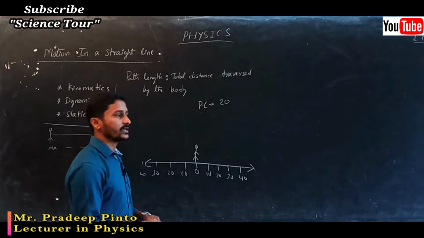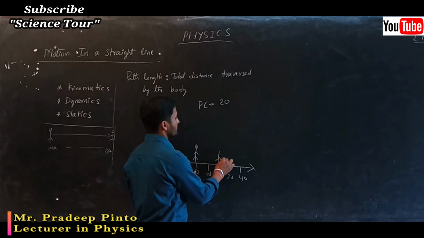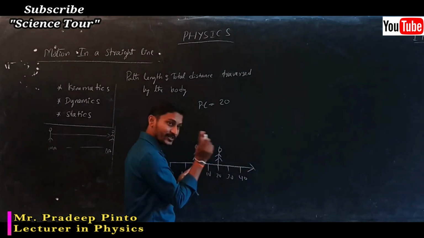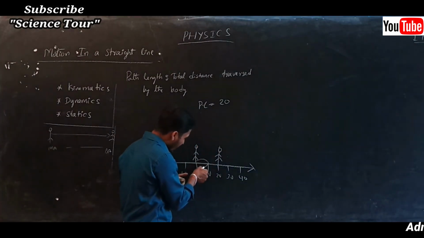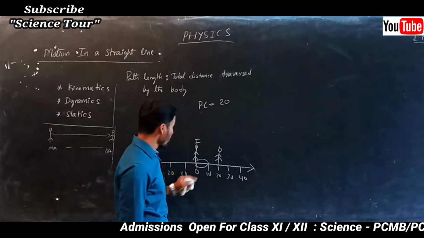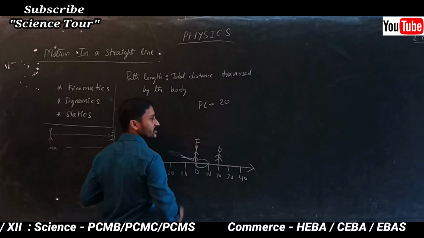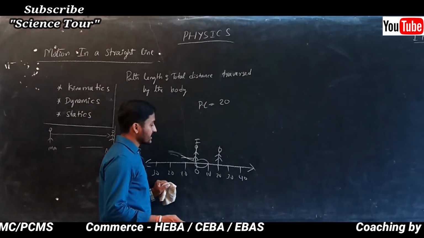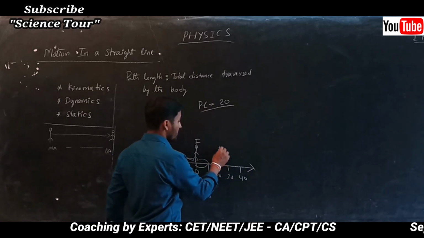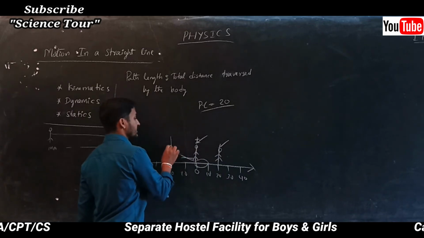Path length means what? It is the total distance, 20 meters. Now the object may be here. That is one. Is it only there? No, it is also possible that the object will go here and come back here. It is also possible that you go to this point and come back here. This is also possible. So you can't tell exactly where it is. If I say the path length is 20 meters, the possibility is here, here, or here.